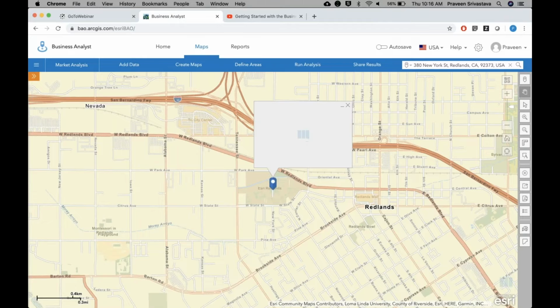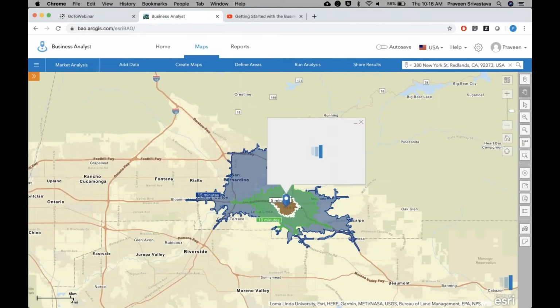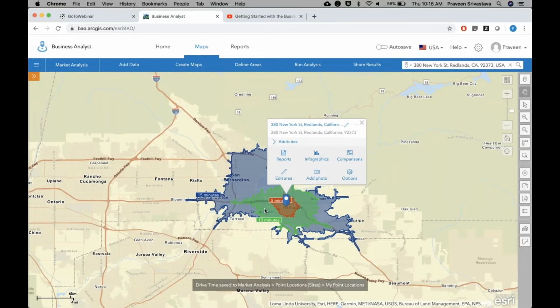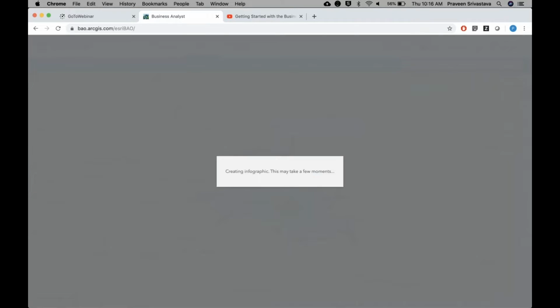So what that is essentially the area that could be covered in terms of driving from this location. For example, what we are seeing on the map here, the green here, is the area that could be covered within 10 minutes of drive from this location. So let's say my goal is to understand how many people live in this area and what's their median age